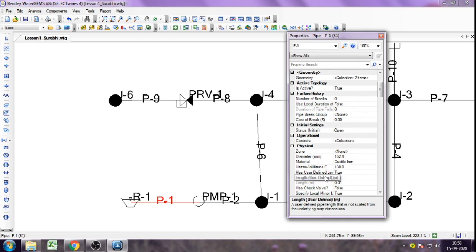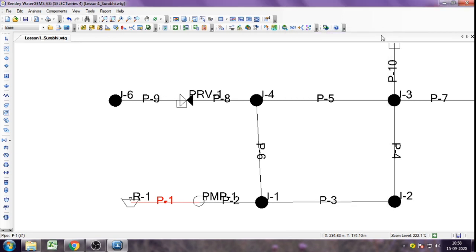So this is pipe 1, and the diameter for this pipe is given as 1000 mm. A 1 meter diameter is too large, but for this particular pipe, as the length is very small, we have to assign a large diameter to prevent losses. So this is pipe 1.